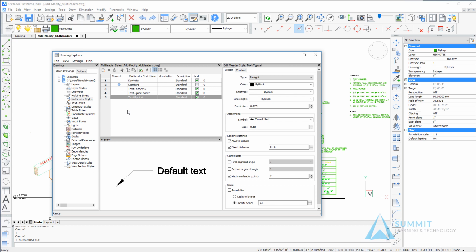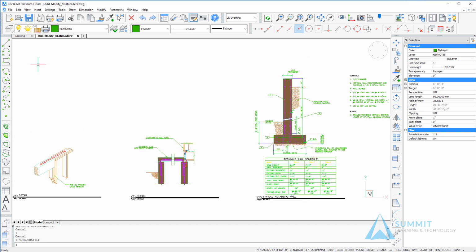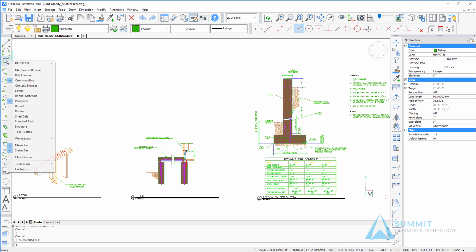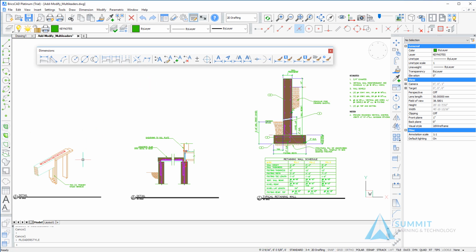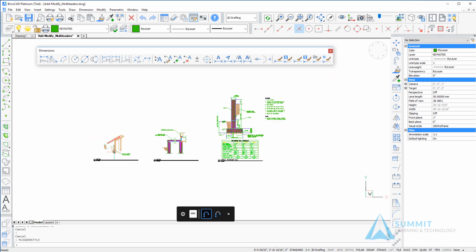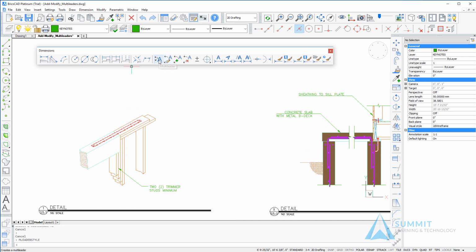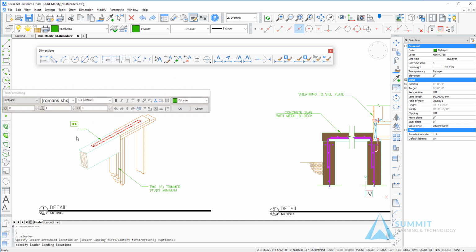Moving back over to the grid area, we can make a leader style current by selecting the current column. So having done that, we're going to go ahead and create our first set of multi-leaders. Before doing so, I'm going to turn on my Dimensions toolbar for quicker access to the multi-leader command. I'm going to begin by selecting the multi-leader command and selecting a nearest point here, dragging to the next location for the leader, and then entering the text as required for the note. Left click in the drawing to complete the command,